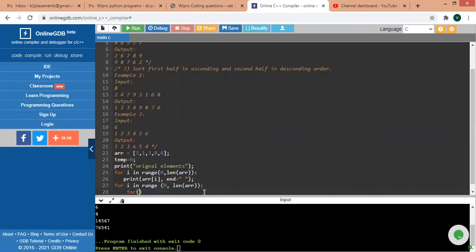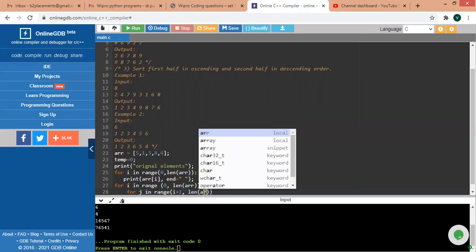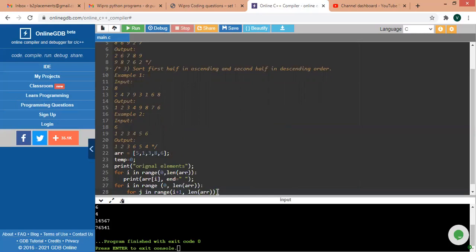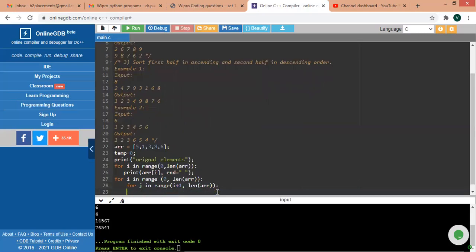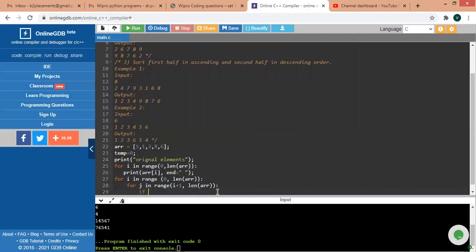For j in range of I plus 1, comma, length of array. If array of I greater than array of j,